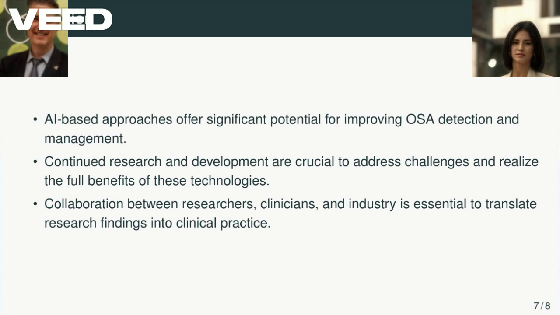Right. But we've been talking about this retracted research paper, and it makes you wonder, how do we know what to trust when it comes to AI research? It's a good question, and I can understand why people might feel a little hesitant, especially when you hear about these retractions. Yeah, as someone who's not a scientist, it can be tough to sort through all the information and figure out what to believe. Absolutely, but even with the retractions, AI research in this area is moving forward in some really promising directions. Okay, that's good to hear.